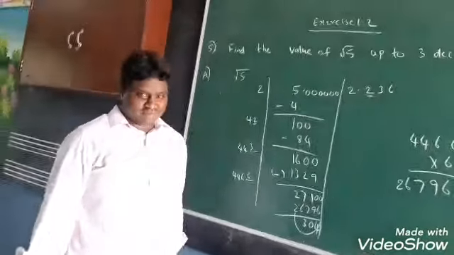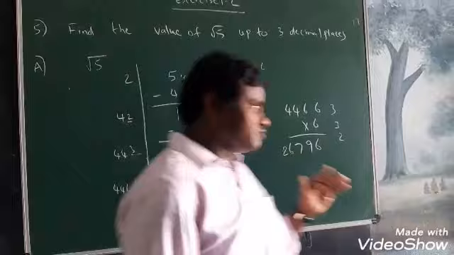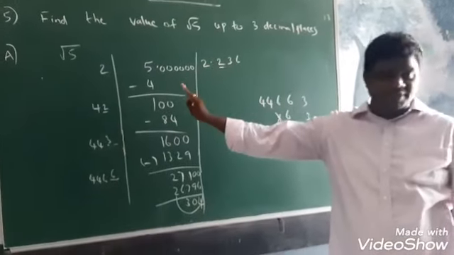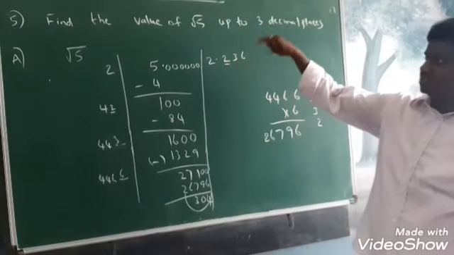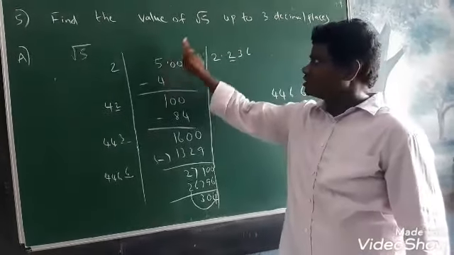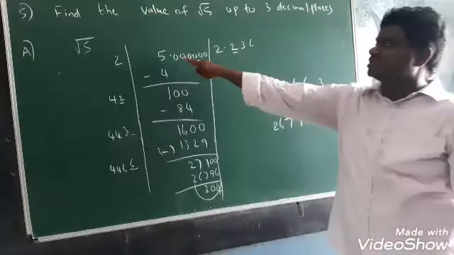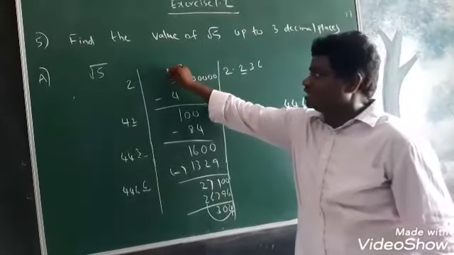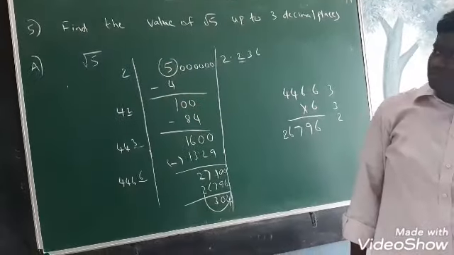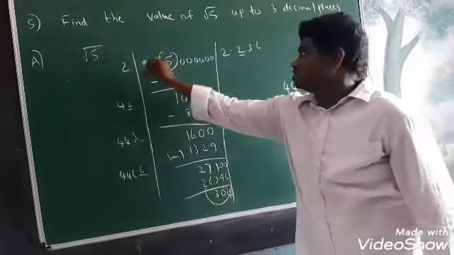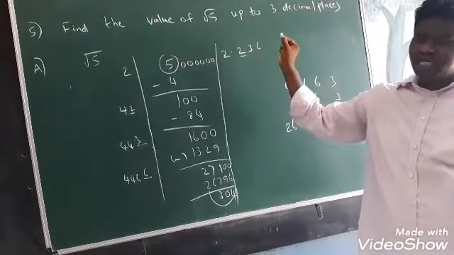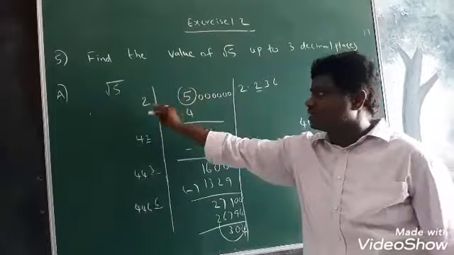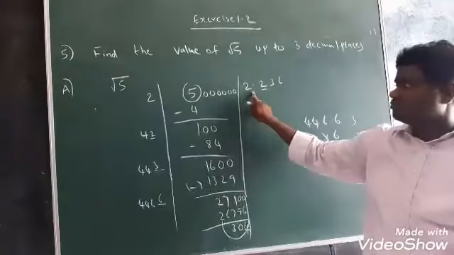Now, when I explain again, please listen carefully, everyone. This is very important, but if you observe from the beginning, you will get it easily. First, write root 5 in the vertical bar form, so the real part is 5 here. That means you have to check for the perfect square: 2 2s are 4, 3 3s are 9, 4 4s are 16, like that. But 3 3s are 9 goes bigger. That's why 2 2s are 4.